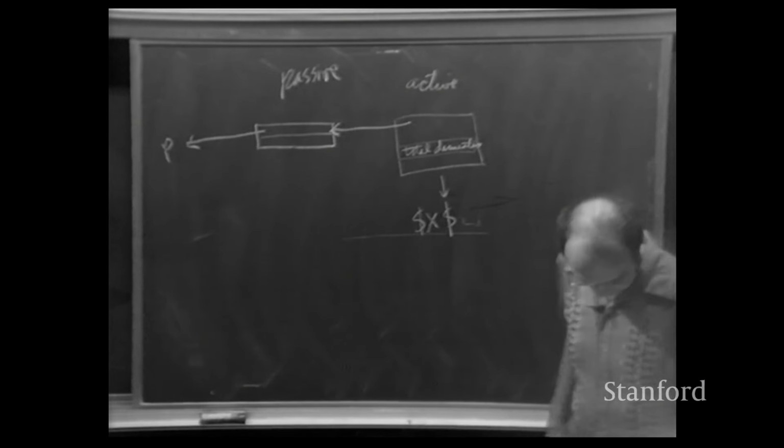The passive list points to P. It points to the best previous node from P. In other words, the best way to get to A was from some other passive node. And it points to the previous passive node so that we can, at the end, recycle all the passive nodes to the available storage. So there are 3 pointers in every passive node, 1.5 words' worth. Active nodes contain the total demerits, and they also contain things like the line number I mentioned. Now, in the existing version of TeX, we